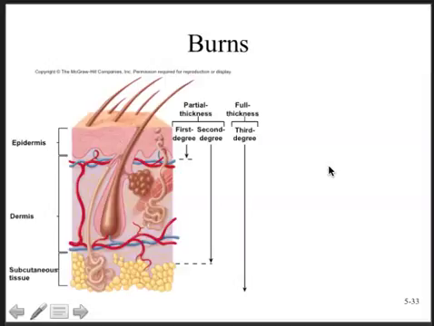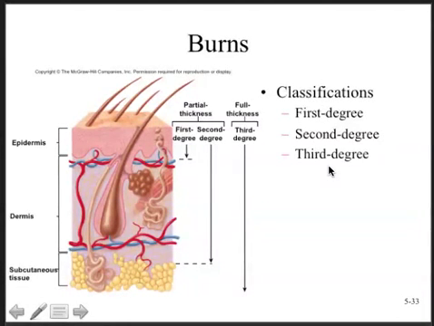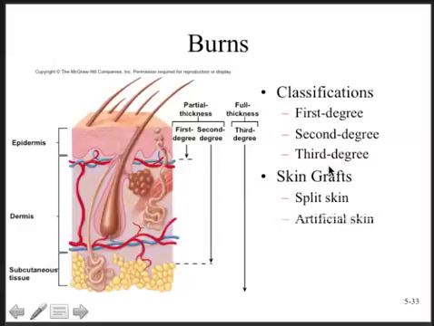Okay, now sometimes the skin can be damaged due to chemical or thermal insult, and we call these burns. They're classed as first, second, or third degree burns. The way that we treat full thickness burns is through skin grafts, where we split the skin and we can bring in artificial skin, or we can bring skin from cadavers, or in some cases we can do xenograft, although